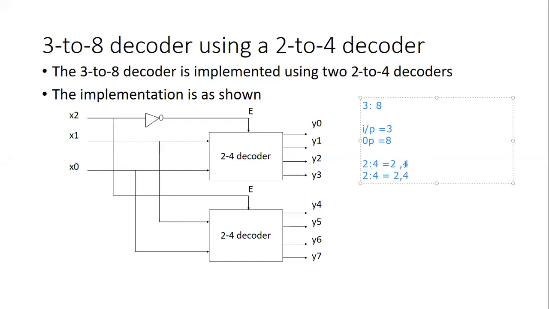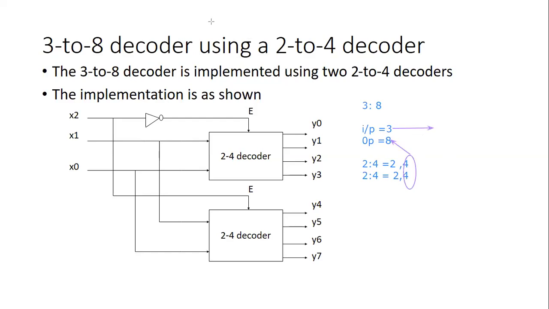Now if you can see, these 4 outputs are from the first decoder, and these 4 outputs are from the second decoder, which will not be the same output. Output will be different. So totally I can get 8 outputs, no doubt in that. If I group this, I have 8 outputs, which is satisfying this condition. Output is equal to 8. Now input is equal to 3.